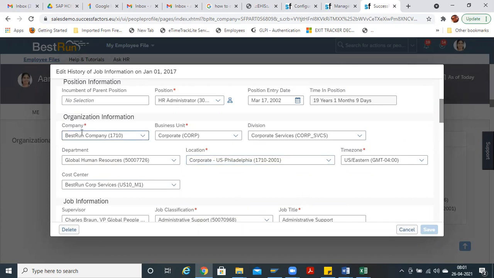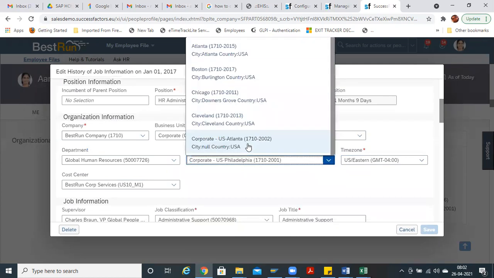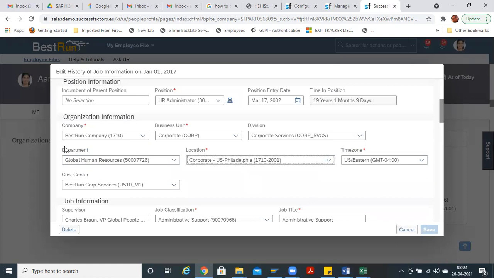See, these are the standard objects. Company, basically legal entity, we are naming it as company, business unit, division and department. These four are the standard MDF objects. Location and all are XML objects, which I'll be explaining to you later. So these are the standard MDF objects in the org structure.